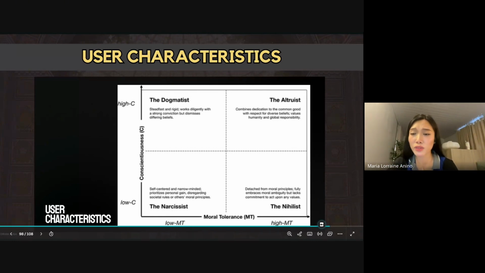You cannot control them, but you can control yourself. Now, let's connect this with the four types, again, of social media users. So, if you are the narcissist, the focus of that person in response to that situation or issue or controversy is they will just make fun of it, post memes, create content out of it for publicity, and make fun of it for no reason. Okay? Just for them to be recognized, to be seen, to be publicized. They are not really engaging with the real issue, but more on the self-promotion.